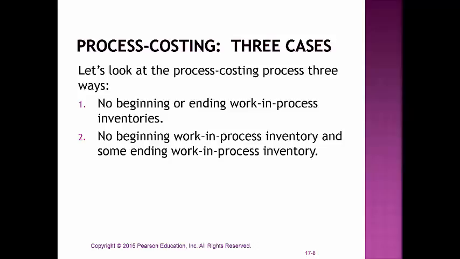However, we would still have, in this case number 2, some units still remaining in work in process, and those units will have their direct materials, but they will not be 100% completed